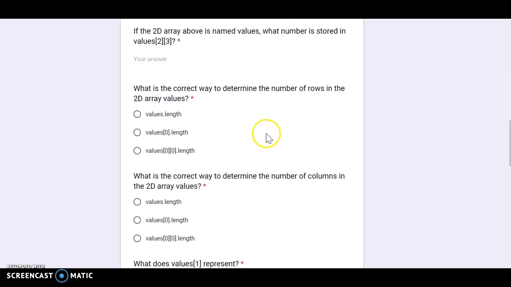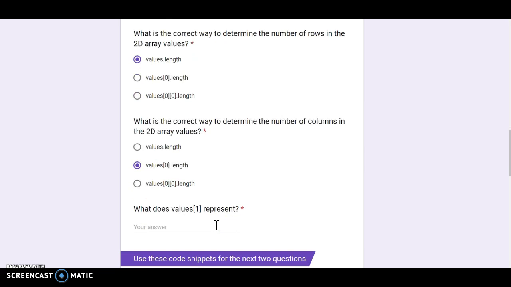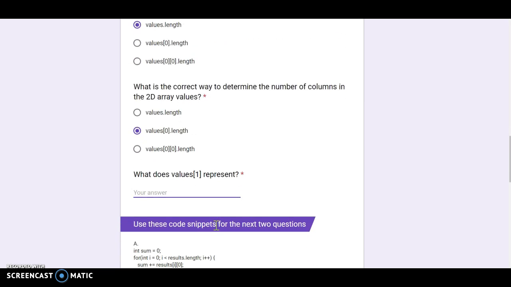What is the correct way to determine the number of rows in the 2D array? That is values.length. The number of columns is values[0].length. Values[1], you should say, represents the